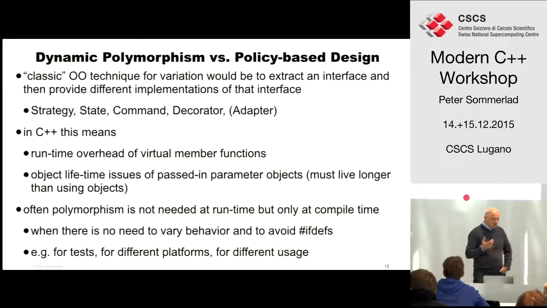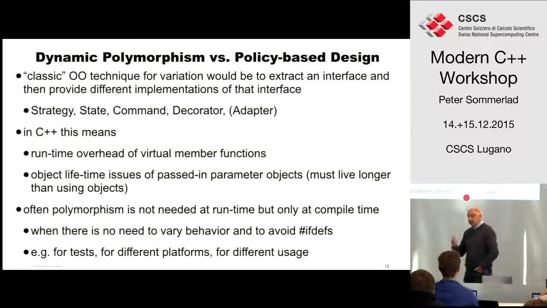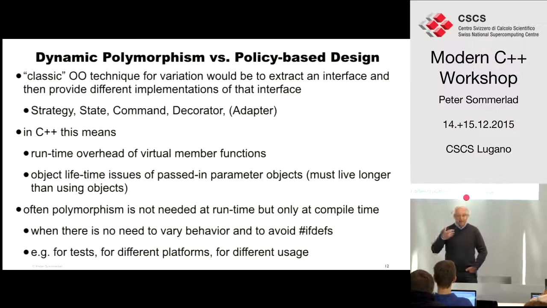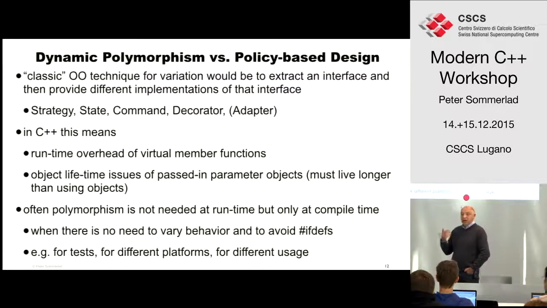If you have that problem, you have to pay the overhead of virtual function calls. You have to provide a virtual destructor in the base class if you want to actually allocate these objects on the heap and get rid of them in a safe way. And this calling indirectly over virtual functions is an indirection at runtime, and if you do that in a very inner loop, it might cost you a lot, because those virtual functions usually cannot be inlined, because the compiler would not know at compile time which version of the virtual function you're actually calling in a given place.